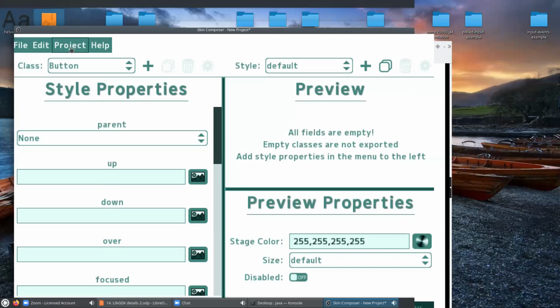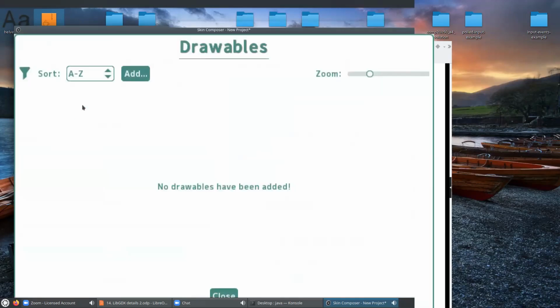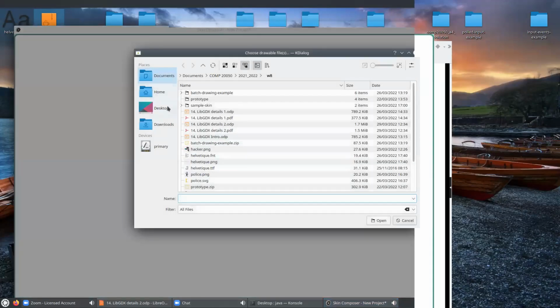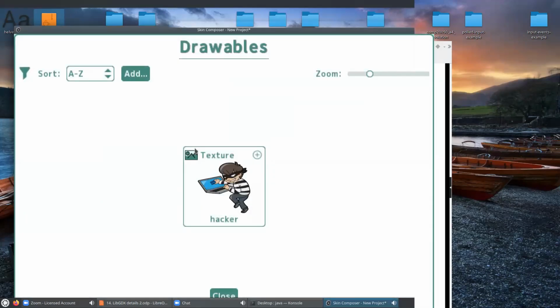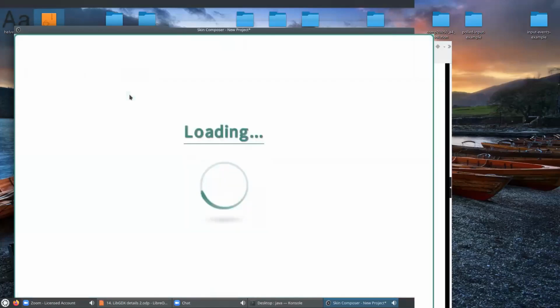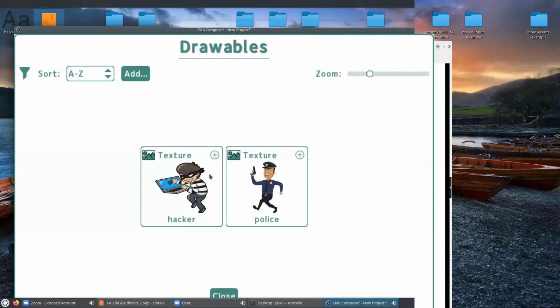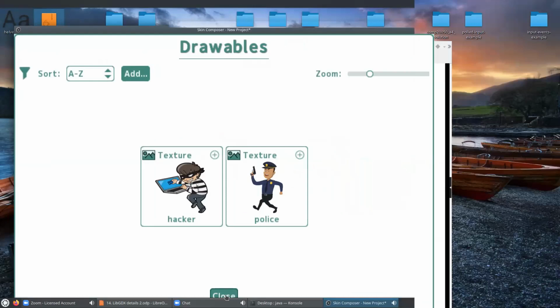And here under Project, we have multiple different things you can add to your project. You can create colors, you can create fonts, and you can create drawables. So if you want to build just an atlas, image atlas, you go into drawables and you add pictures. So you can add image file and, for example, you add an image here. Let's see if we can add another one. And we can add another one like this. So these are part of your skin project,